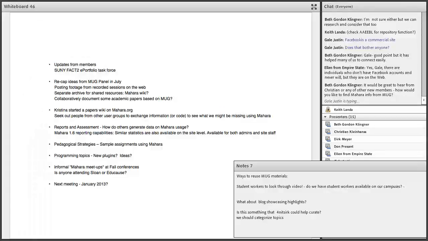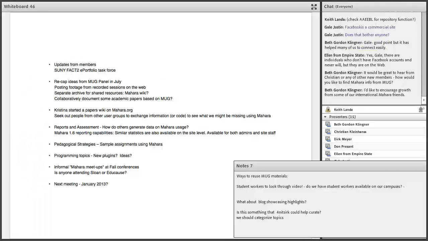Yeah, that's a good question, Beth. How would new folks like to find Mahara info? I think it would be great if someone just did a Google search, let's say, people who use Mahara, thoughts on this, and this page comes up where it has best strategies and testimonials and things like that. I know that's probably on the wish list, but sometimes it's just difficult to find that.